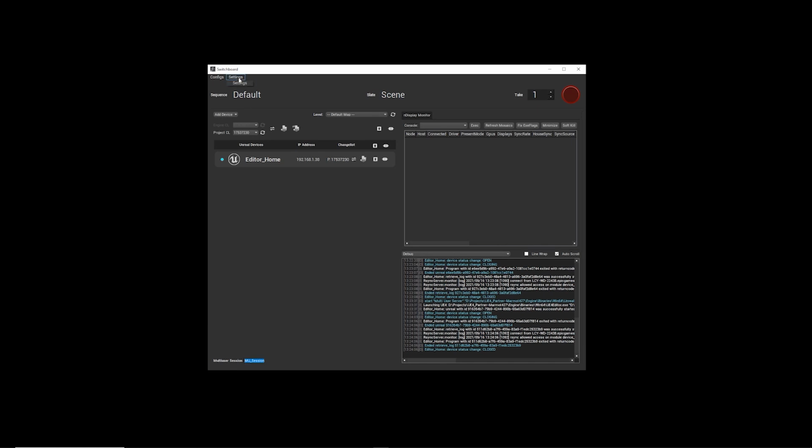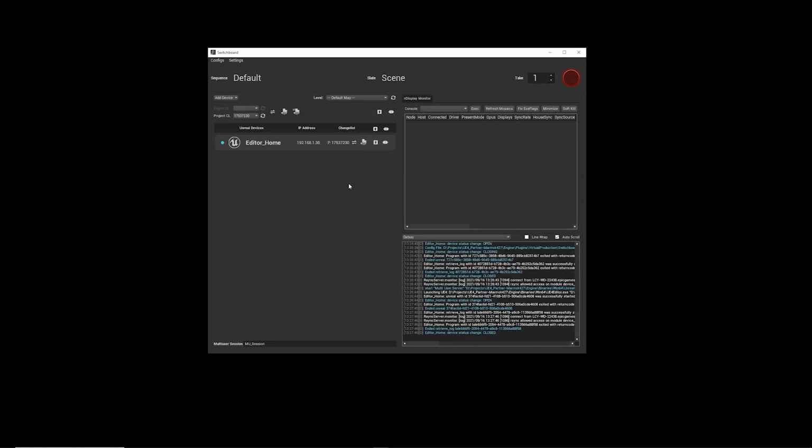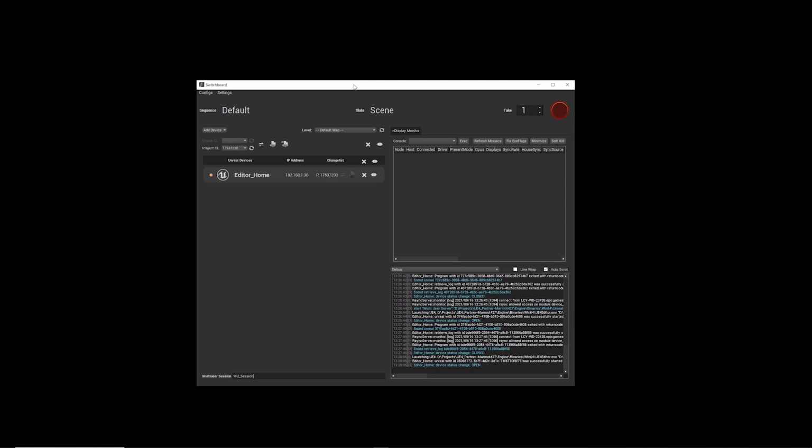But we just in the settings menu need to come here and tick auto join. We'll take a look at these settings shortly. So next we're just going to launch this instance of Unreal into the multi-user session. So I'm just going to click Start Unreal. And Unreal's loading there. And you'll see that once this loads, not only is it going to open, but it's going to automatically create and join the multi-user session that we've defined down here.